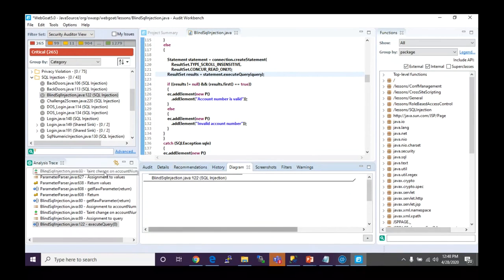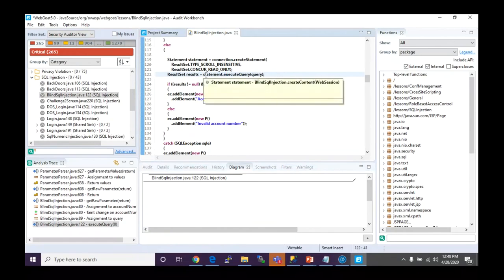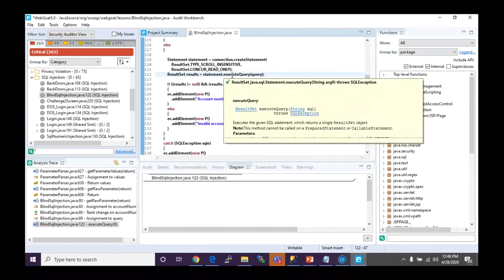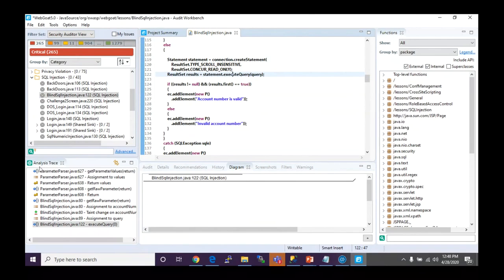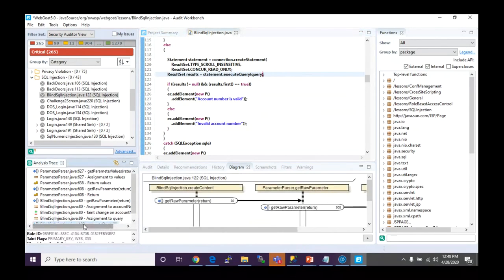The important thing to focus on here is that we are talking about SQL injection. All I see is a statement which is getting executed. But where is it coming from? What is it executing? How is it happening? I have no idea about this. So the analysis trace is going to give me this. Right now we are at line 122, which is where our vulnerability is. So line 122 is highlighted here, but it shows us